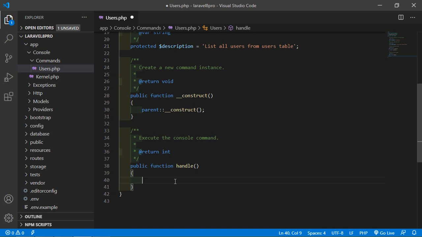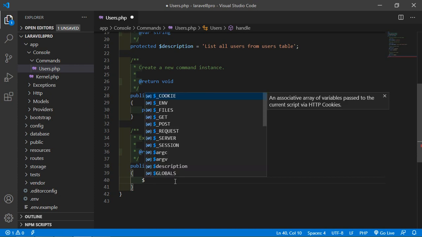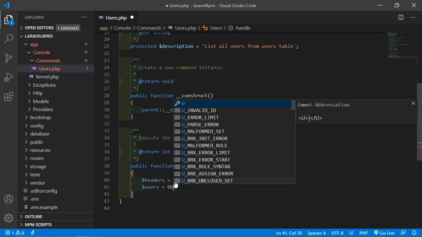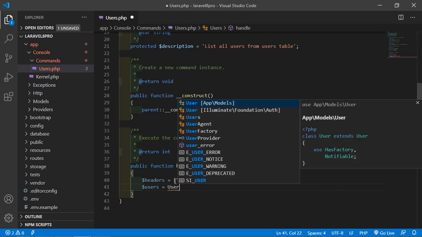Okay, so first of all let's create the columns. Write here headers, create an array, and inside this array let's add the columns. I am going to fetch three columns: id, name and email. Okay, these are the columns. And now write here users and the User model.